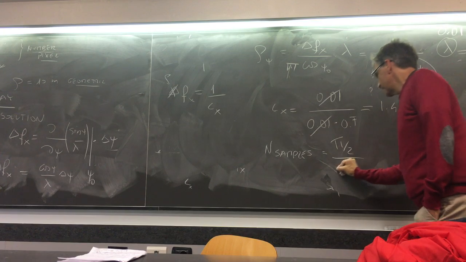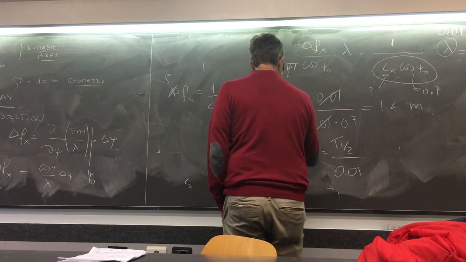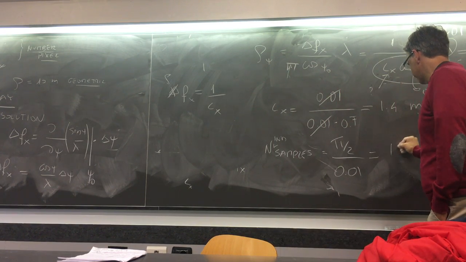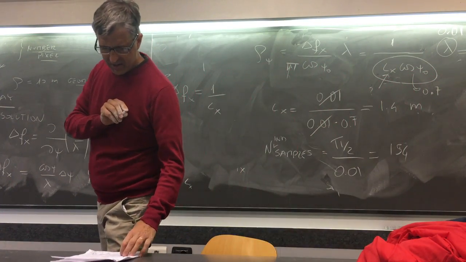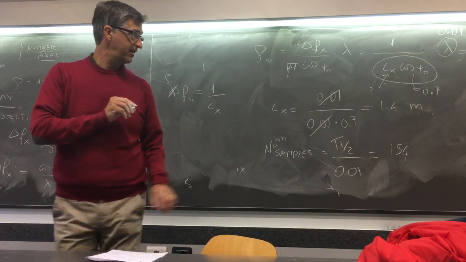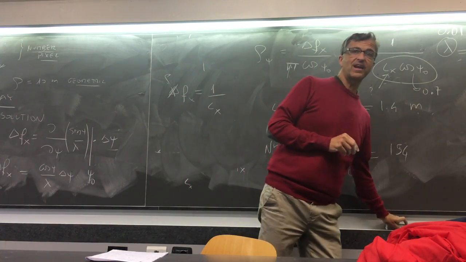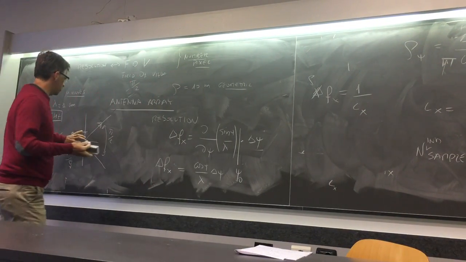The number of independent samples is again 157, if I remember. It's the same as before, okay? So nothing changes, okay? But the point is that to make this real array, we find that the total size